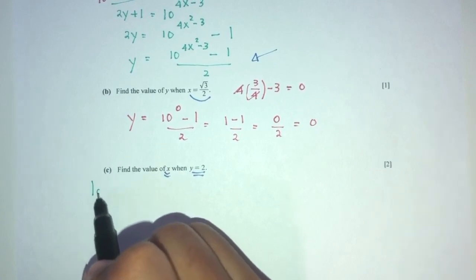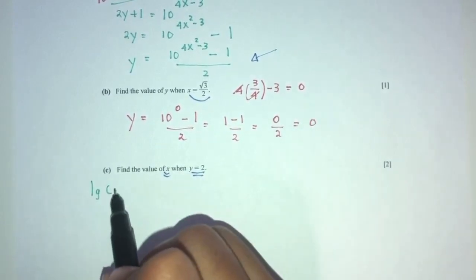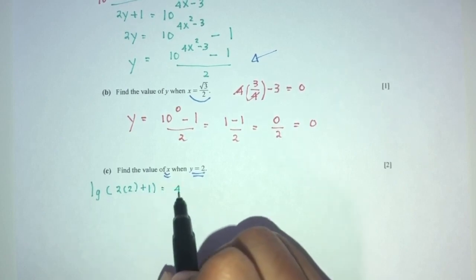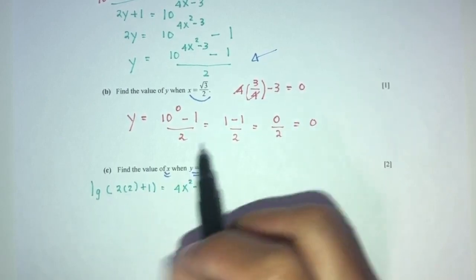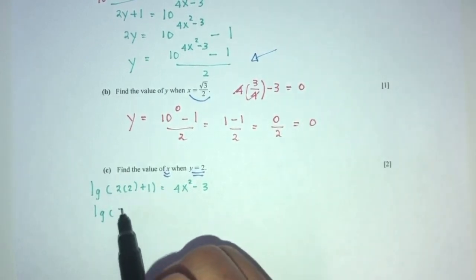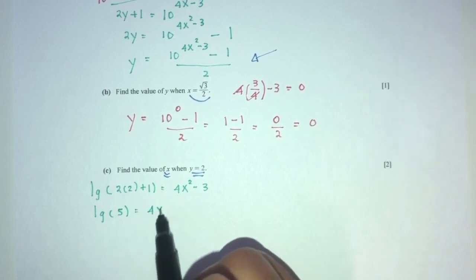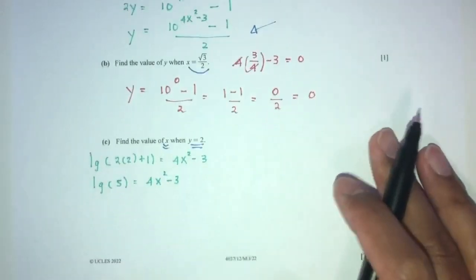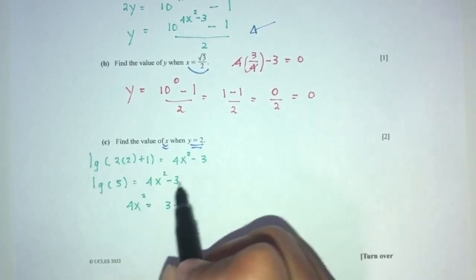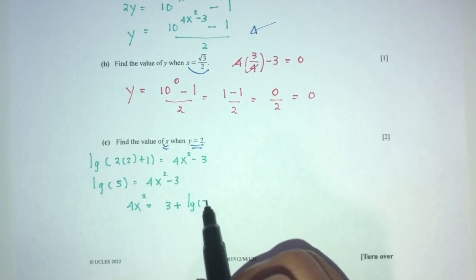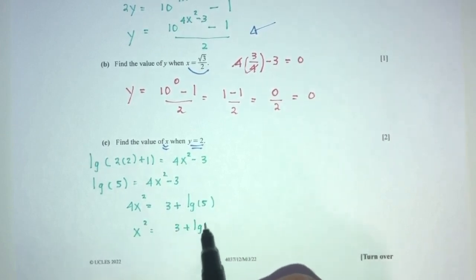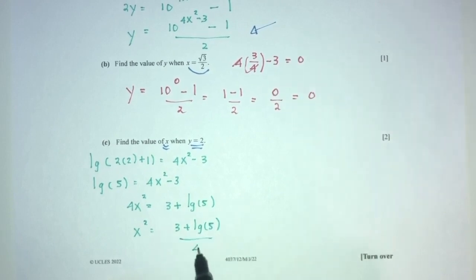So that will be log of 2y, so 2 times y plus 1 is equal to 4x squared minus 3. That will be log of 2 times 2 is 4 plus 1 is 5, right? Is equal to 4x squared minus 3. Now, 4x squared is equal to 3, send this over here, 3 plus log of 5. x squared is equal to 3 plus log of 5 over the value of 4. So finally,